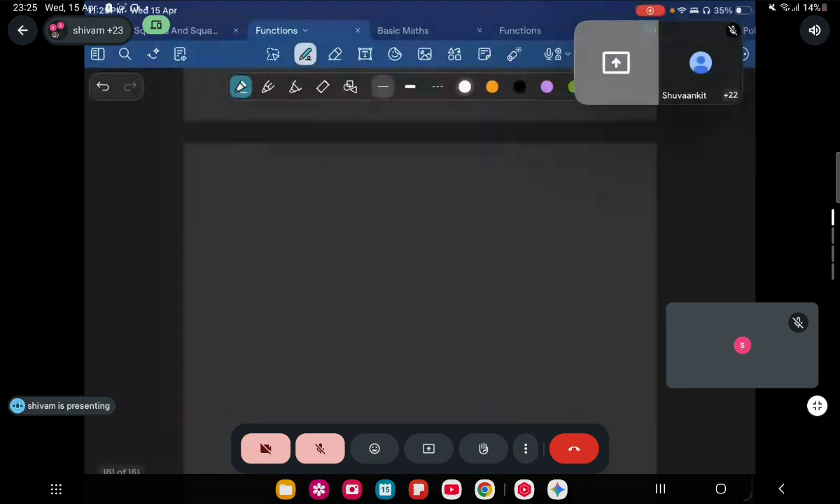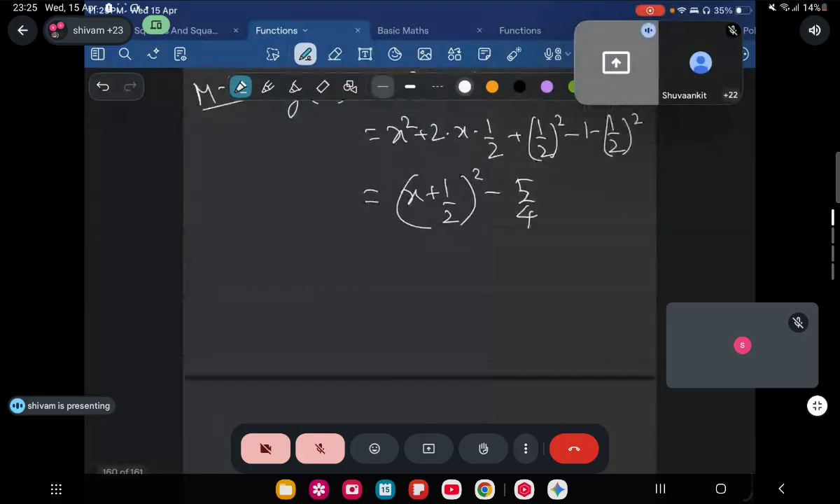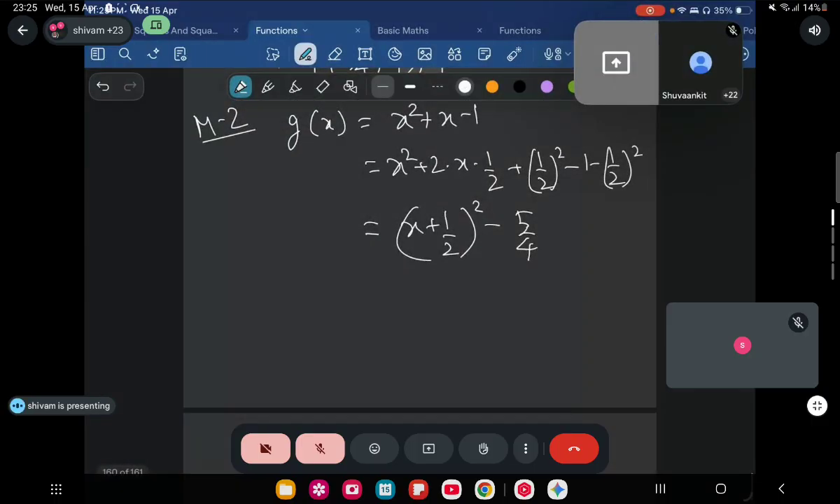Okay, everyone. So, what is g of f of x? g of f of x will be equal to,